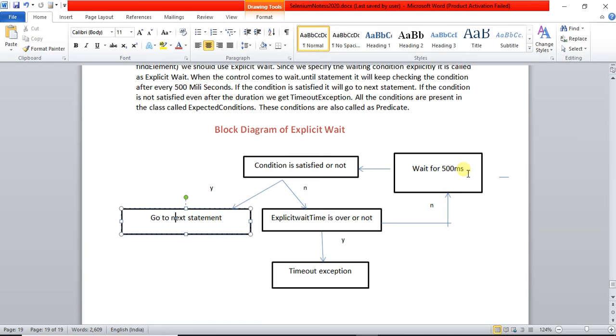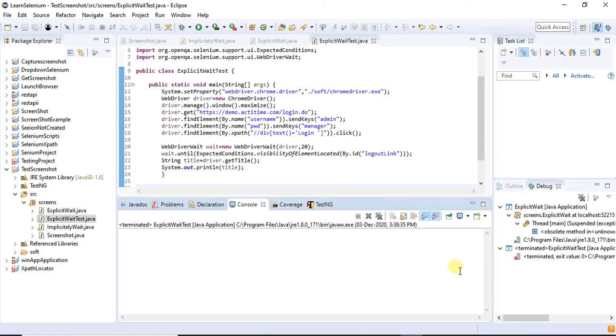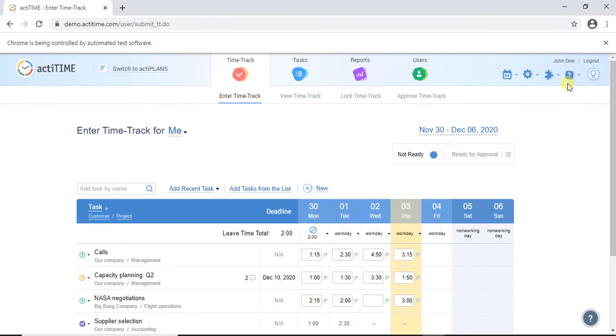Let me go to Eclipse. This is the application I used. I will just log out.